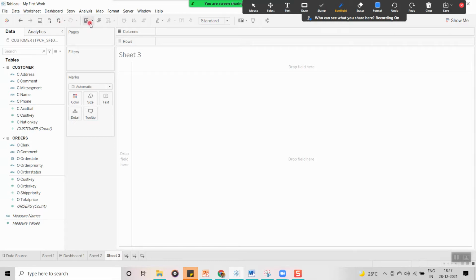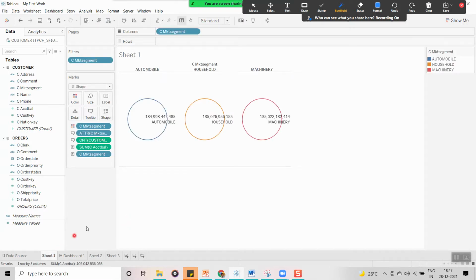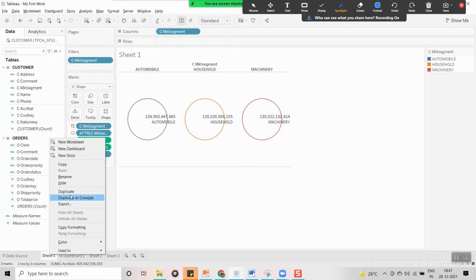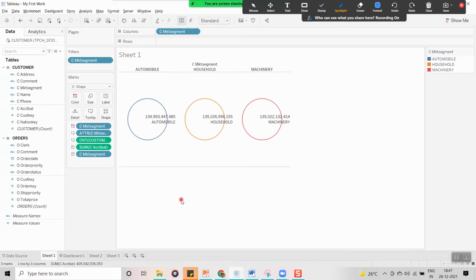For example, guys, if you want to duplicate this sheet 1, you can right click on it and choose duplicate, or without right clicking, from here itself you can duplicate it. Now you can see sheet 1 and sheet 1 2, this is the duplicate sheet.